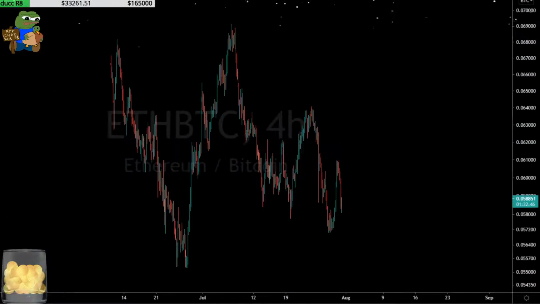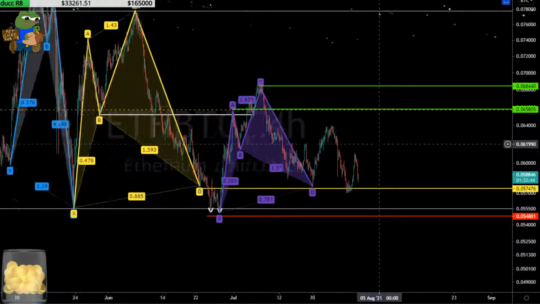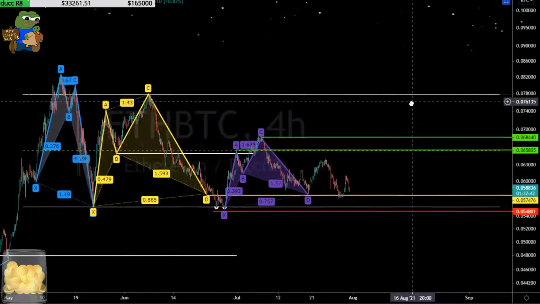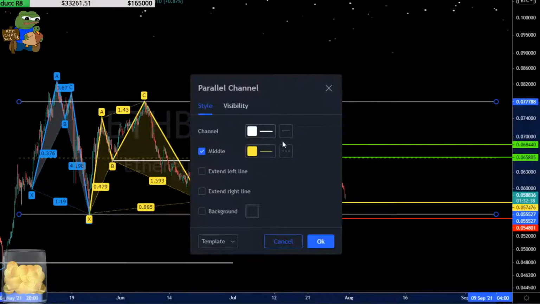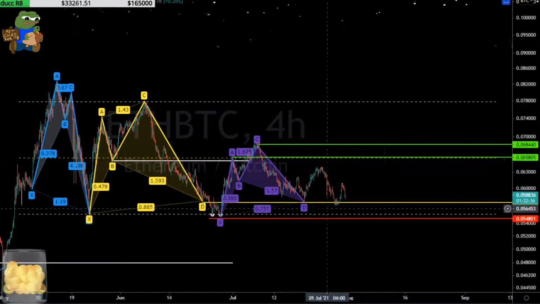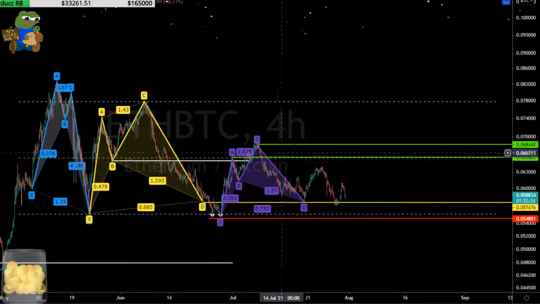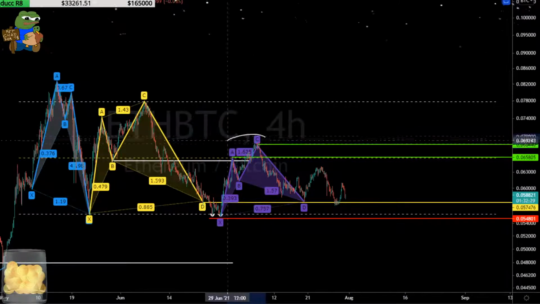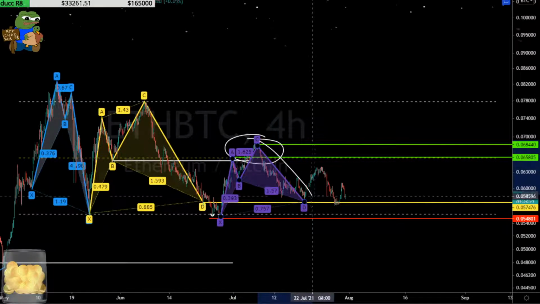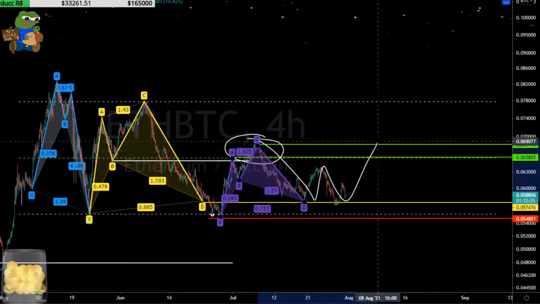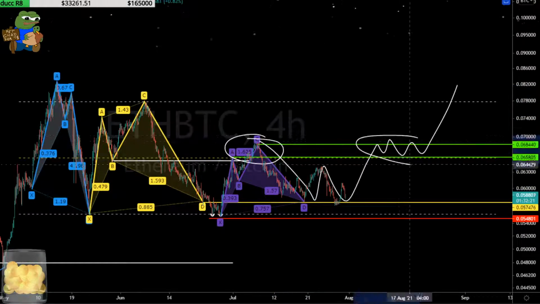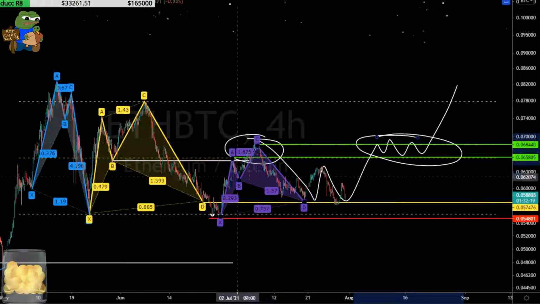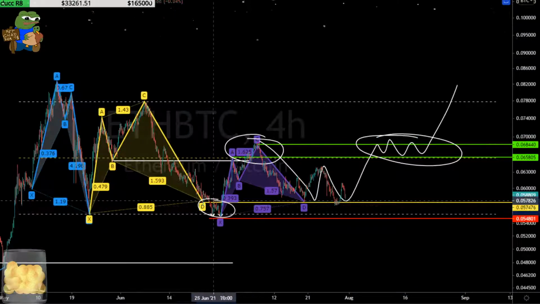Okay, let's move on to ETH to BTC. So this has been in one massive range. So here's your range, okay, so big range, okay? The midpoint of this range was tested once, and then you sell off, right? And you make this partial decline. So now, this time when we get back here, it's going to hold, okay? This time when we get back here, it's going to hold because you already rallied off the low.